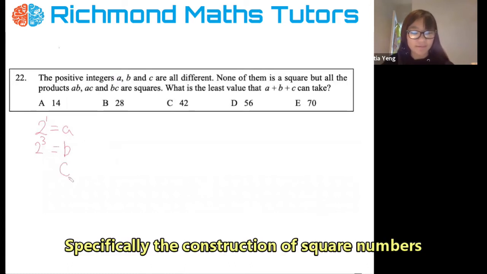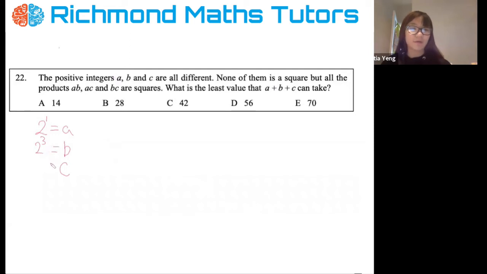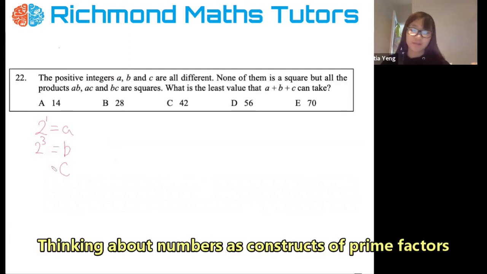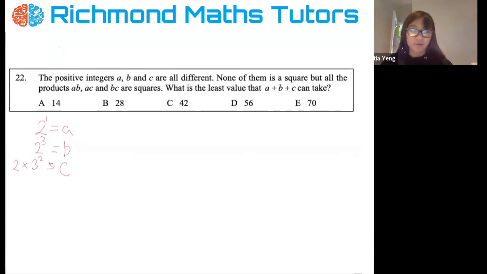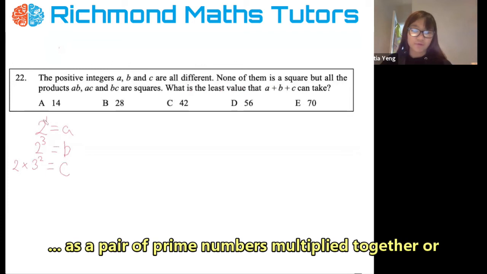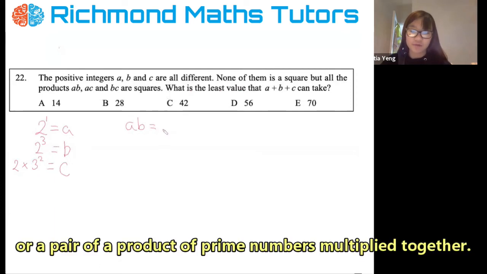So then we have c. We could take the next odd number for the power, which would be 2 to the power of 5, but that would be too large and we want to keep it to the smallest number possible. So if we take the next non-square number, which would be 3, we want to square that, but because none of these are squares, we need to multiply that by 2, because we have 2's already in the previous numbers. So if we multiply that, we get AB equals 2 to the power of 4,